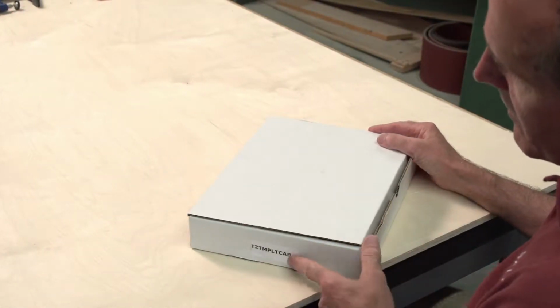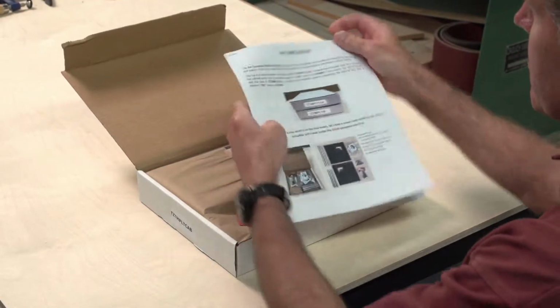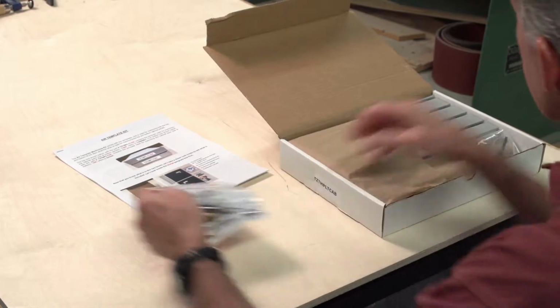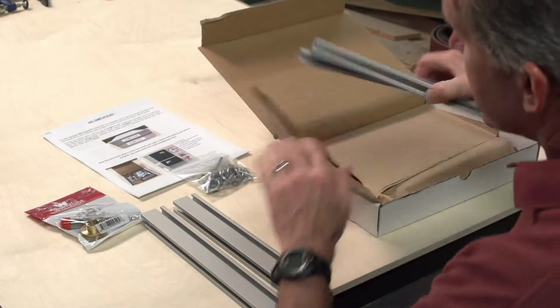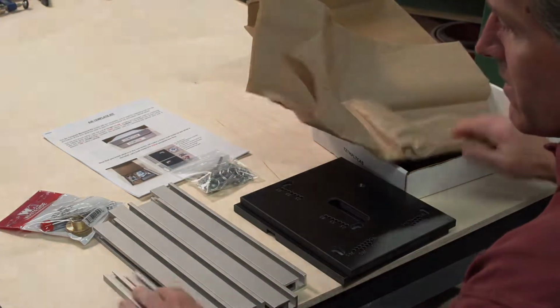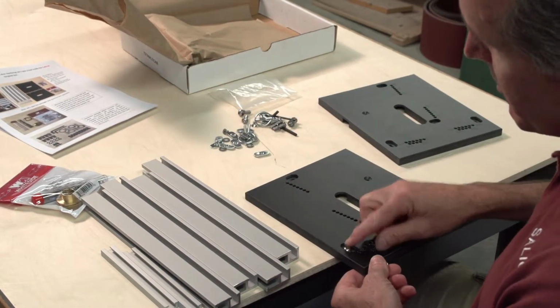The cabinet template is identified by the last 3 letters on the side of the box, CAB. Inside, you'll find the following items: instructions, drill bit and bushing set, hardware kit, 4 rails, template bases, 2 stop rails. To assemble the template, open the hardware kit and place a screw and washer into each of